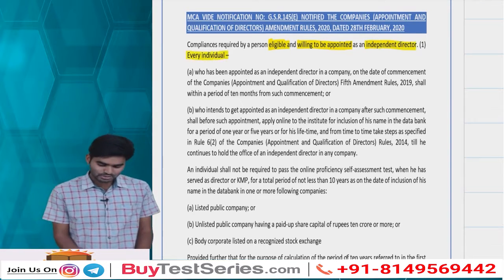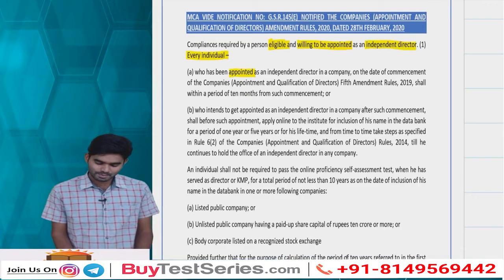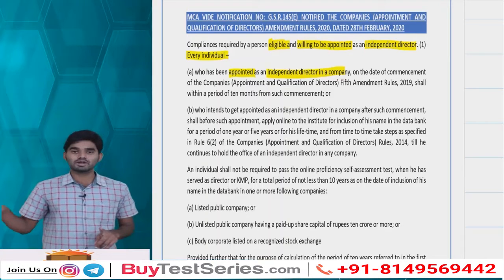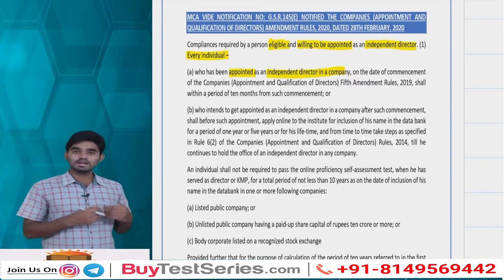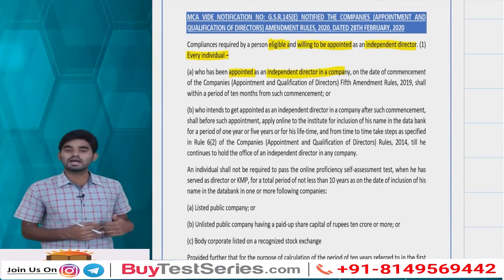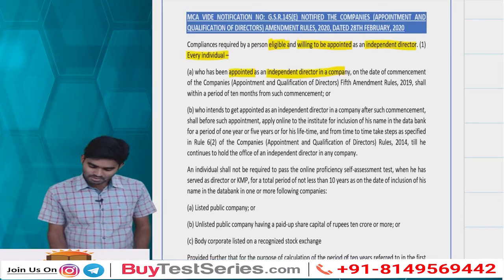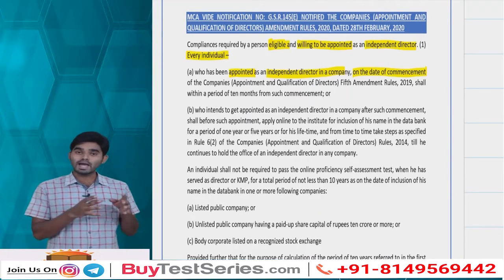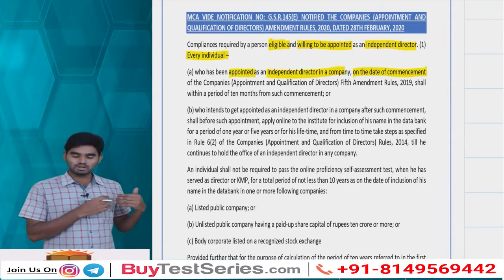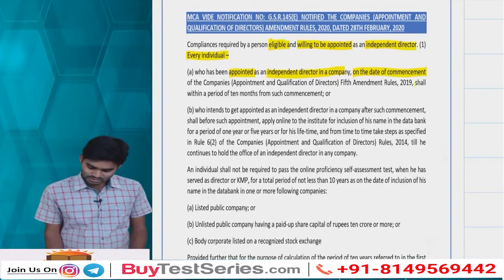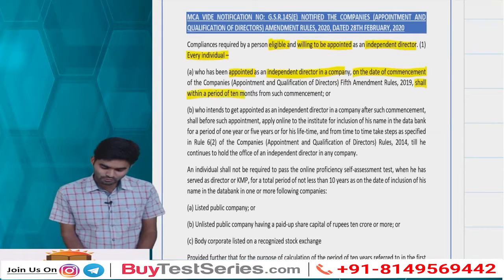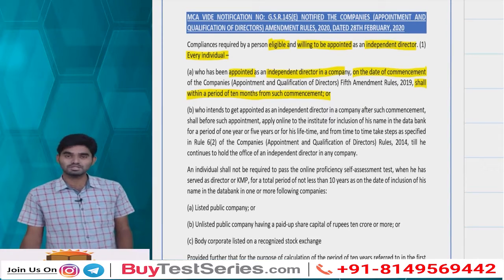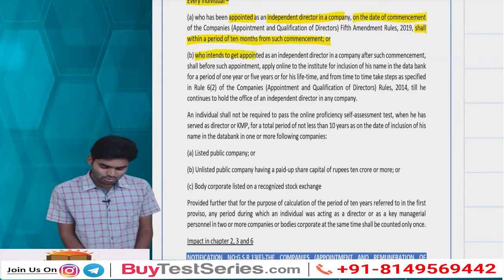What is that? Every individual who has been appointed as an independent director in a company. So first part, you are already acting as an independent director in the existing board of a company. I repeat, sir, I'm already an independent director of the company. Then on the date of commencement of the Companies (Appointment and Qualification of Directors) Fifth Amendment Rules 2019, as on that particular date, if I'm an independent director of a company, then I myself shall, within a period of 10 months from the commencement of these rules, or two, who intends to get appointed,